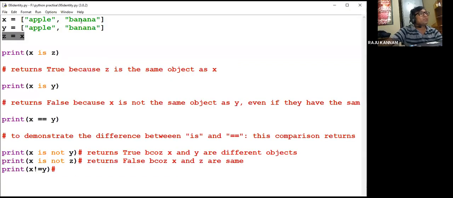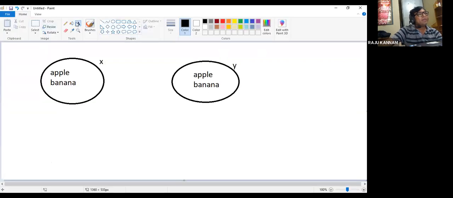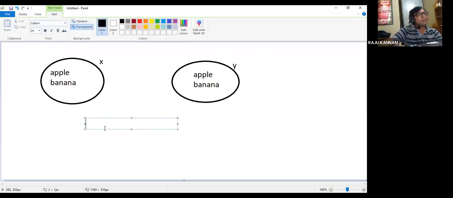So that is what we are doing here in our program. In x we are storing apple and banana. In y we are storing apple and banana, right? And I'm making z equal to x. That means I am creating another variable called z, but I'm not storing anything in z.